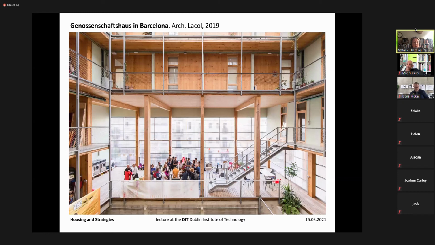And this kind of collaborative housing, you see the atrium, you see the wooden interior walls, which gives them a really nice and natural atmosphere. And you can see that common space, which is double height. You can see on the left side the laundry, on the right side the kitchen. And it's also a strategy to reduce the apartment sizes. So the apartments are affordable to rent, and to give the space to all the common spaces